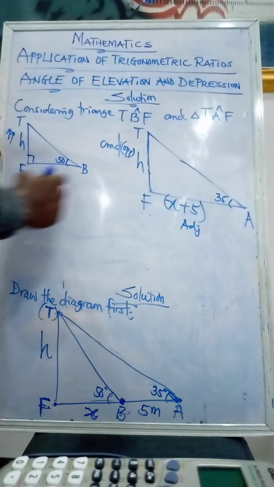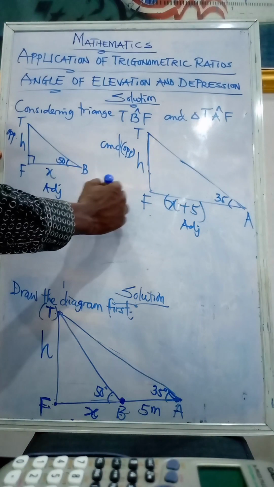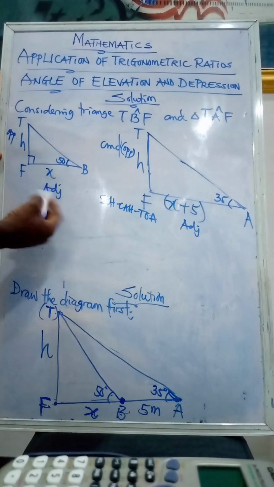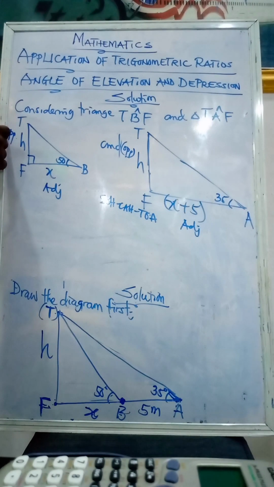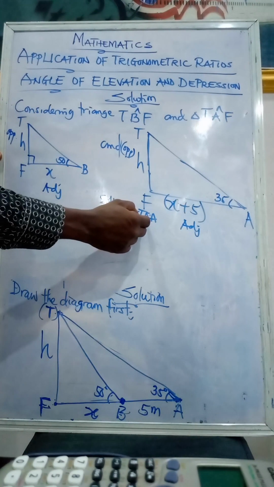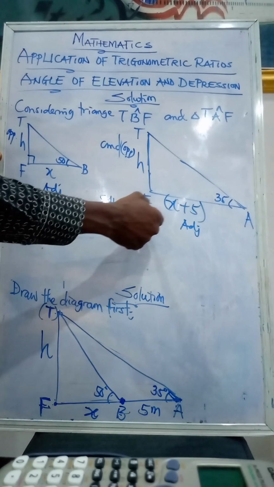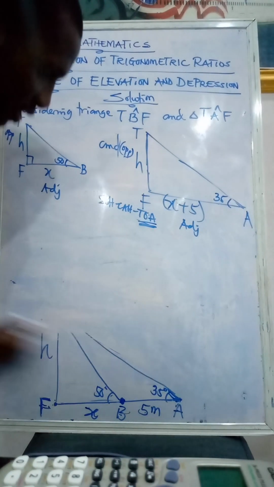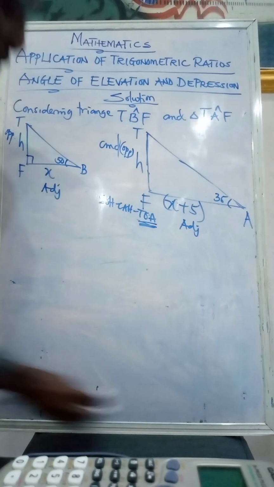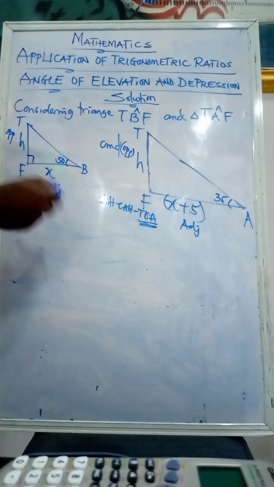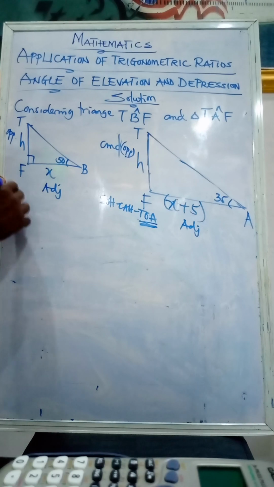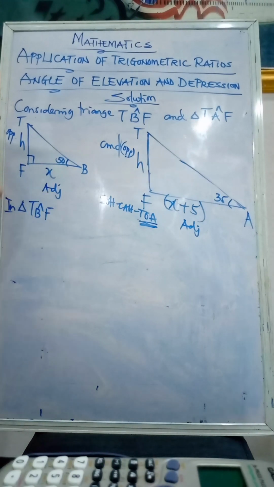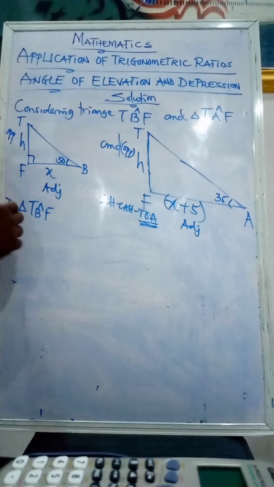So considering SOHCAHTOA, which one has O and A? In fact, it's TOA. TOA has O and A. So for this particular diagram, we are using TOA. For triangle TBF, tan